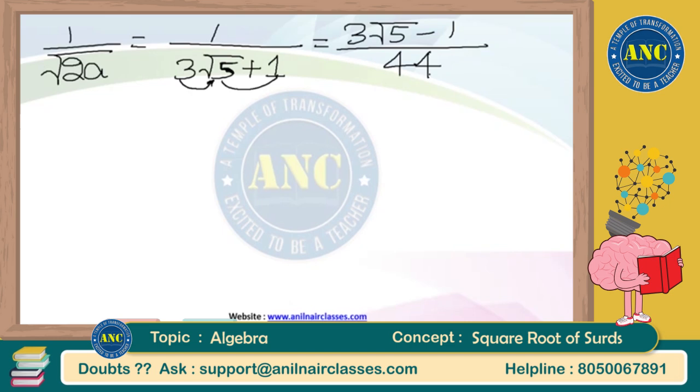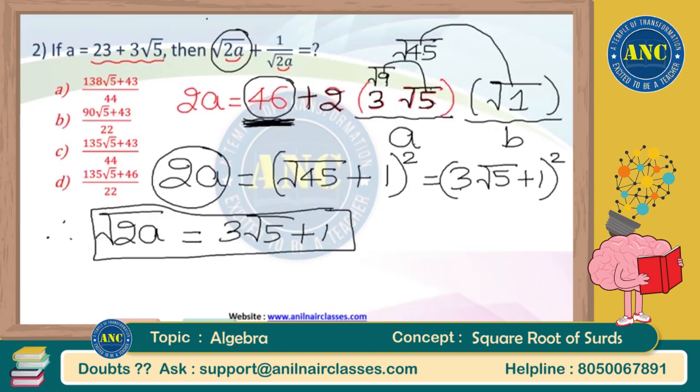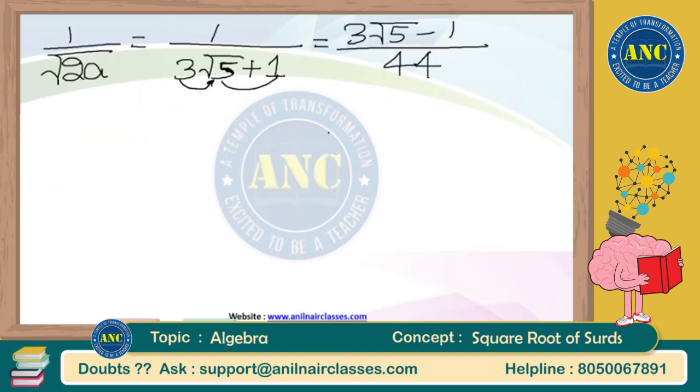So many things unnecessarily you will keep on doing it. Now 1 by root 2a value also I know, root 2a value also I know. In the question they are asking you to add those two values. Root 2a is 3 root 5 plus 1. 1 by root 2a is 3 root 5 minus 1, but divided by 44. Let me add it. So final answer will become